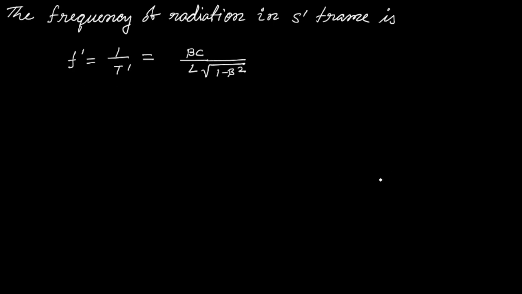So according to the relativistic Doppler effect, if the radiation source is moving in this direction, and let's say the observer is standing at this position, so he is going to observe the radiation along this direction, and if the angle between the velocity and the propagation direction of radiation is theta,